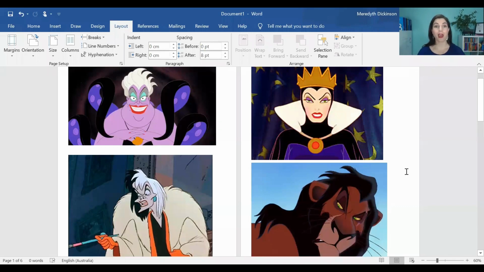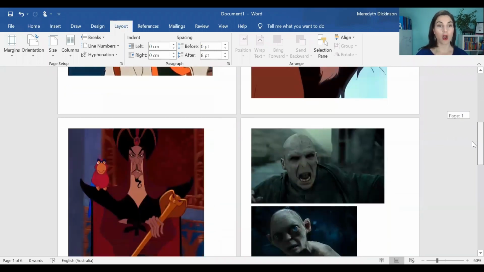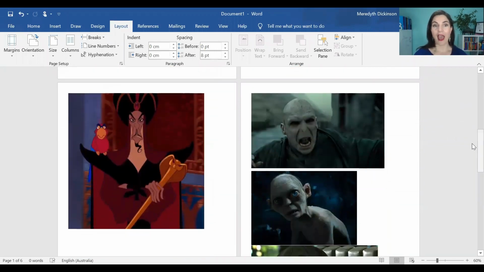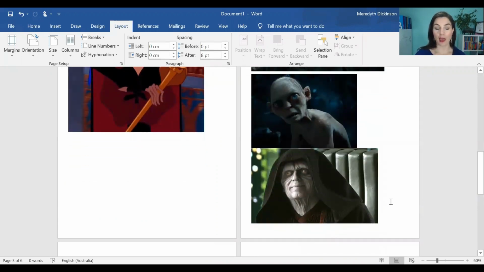Okay, so let's start off by having a look at the characters which we're going to investigate today. So we've got Ursula from The Little Mermaid, we've got Cruella de Vil from 101 Dalmatians, we've got the Evil Queen from Snow White, we've got Scar from The Lion King, we've got Jafar from Aladdin, and those are the Disney ones. And then moving in, we've got Harry Potter here, we've got Lord Voldemort, we've got Gollum from Lord of the Rings. Here we've got Senator